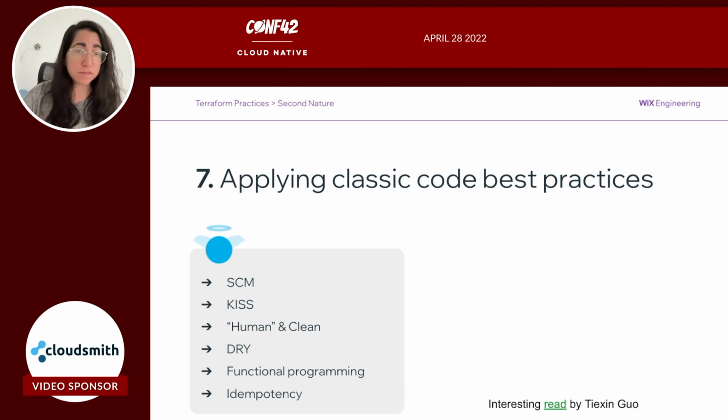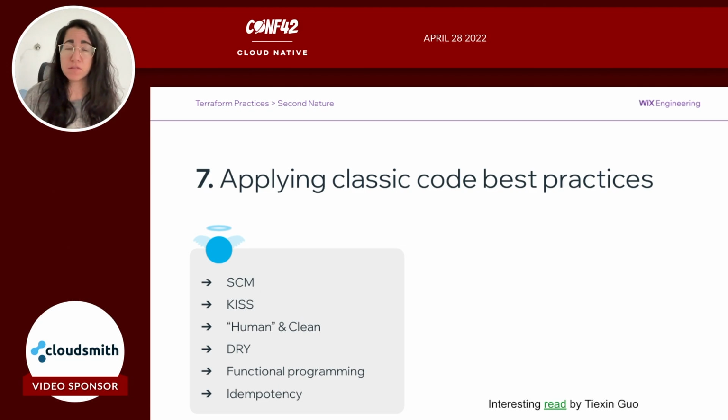Do not repeat yourself, and make sure that your modules that you create and everything that you use are idempotent, which means that whenever you create something, the result of the logic that runs is always the same. You expect the same result, because if not, then there's a saying about it that maybe you're crazy. I don't know. Let's leave it aside. But everything should be idempotent, because you want to make sure that everything is as expected. You always expect the same results.